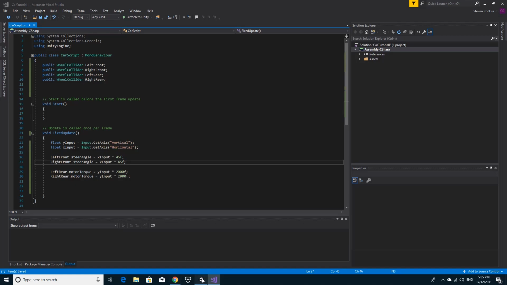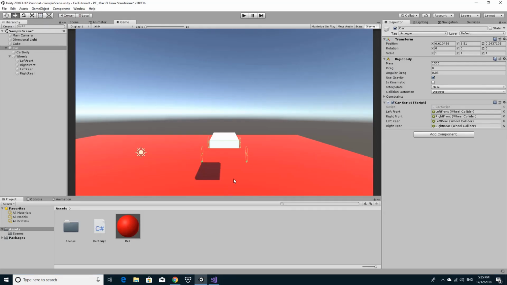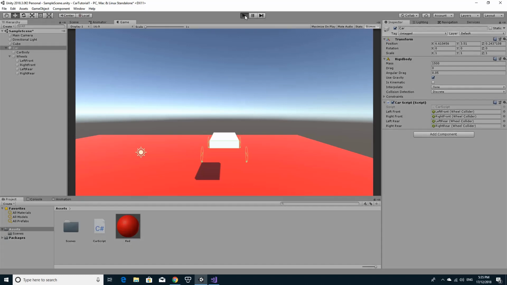So that is saved. Jump quickly back to Unity, make sure it compiles, and when we run this, what you should see is that right and left make the steering turn and forward makes it go. So you've actually got what is effectively a controllable car right now. Now it does slip a little bit and we can change some of those things, but what we want to be able to do is